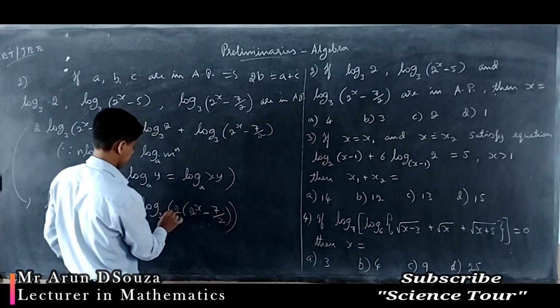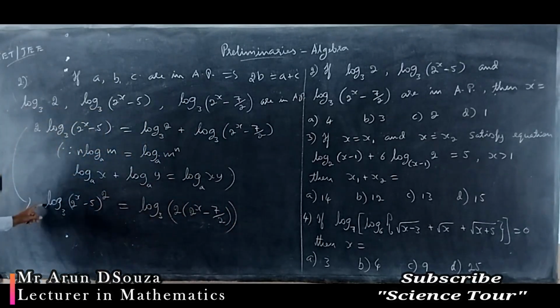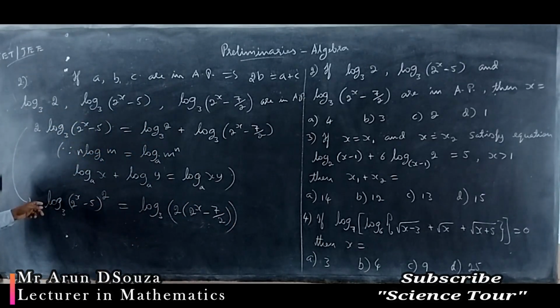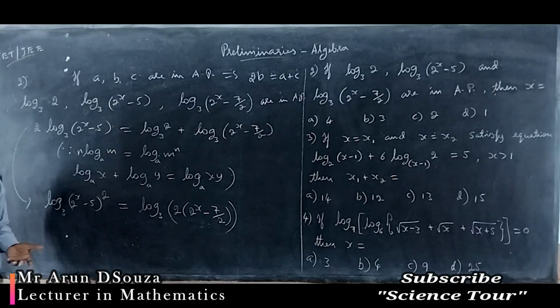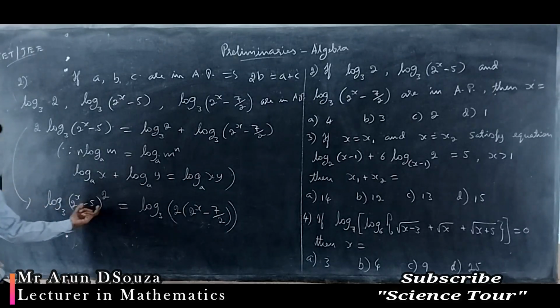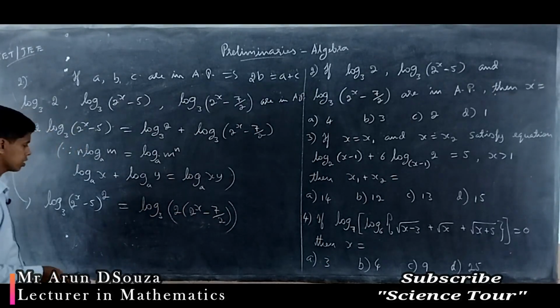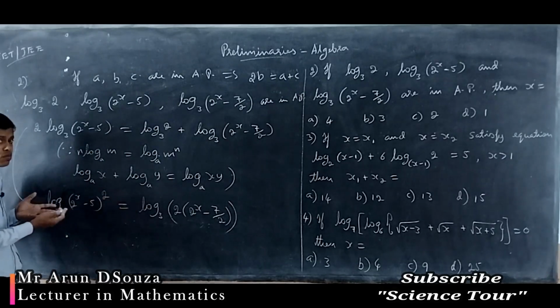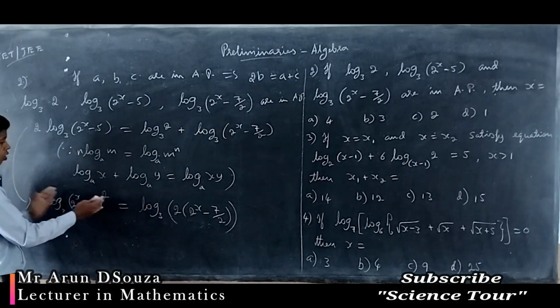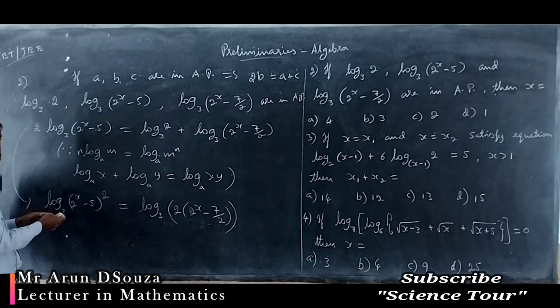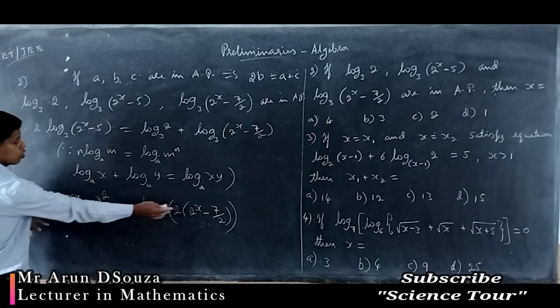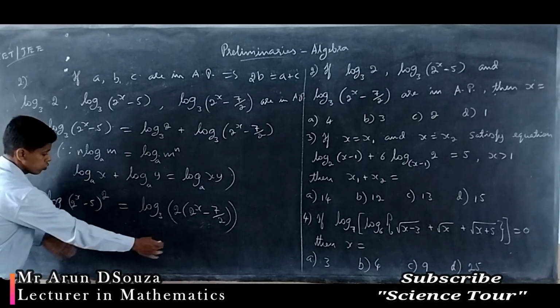by 2. Now I don't have anything before log. There is no minus, there is no coefficient, so I can get rid of log. Both sides I have log to the base 3. Therefore these two quantities must be equal, correct? If the log values of them are equal, without log also they must be equal, right? Because log will change its value, this log also will change its value, and both will be equal,